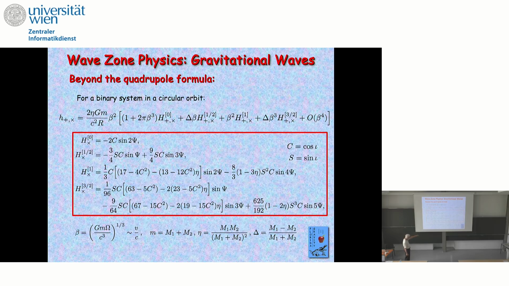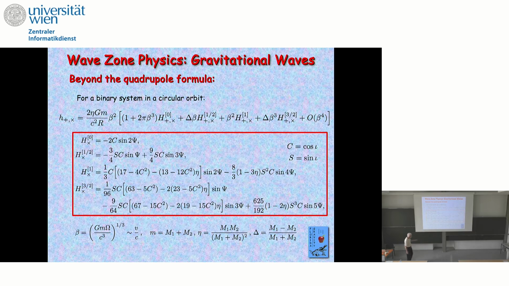It's proportional to delta, so it only is there if you have an asymmetric system, bodies with two different masses. Then there's a 1 PN correction, beta squared. Then there's a 1.5 PN correction, beta cubed. It depends also on delta, and so on. And you can just keep going to higher and higher orders. So beta to the 4th is 2 PN,